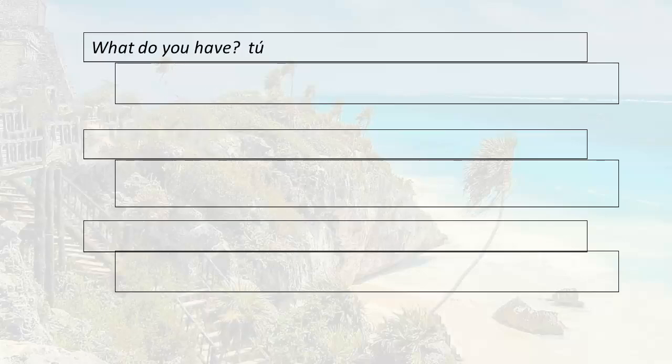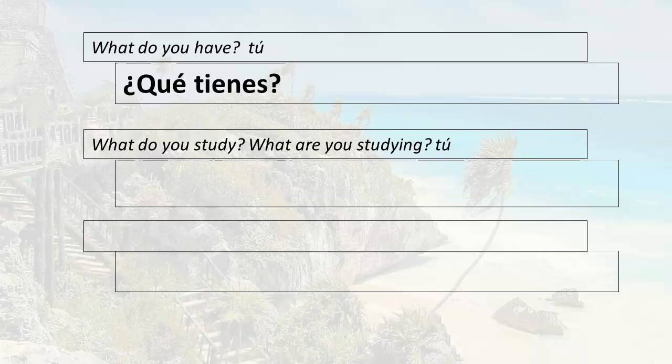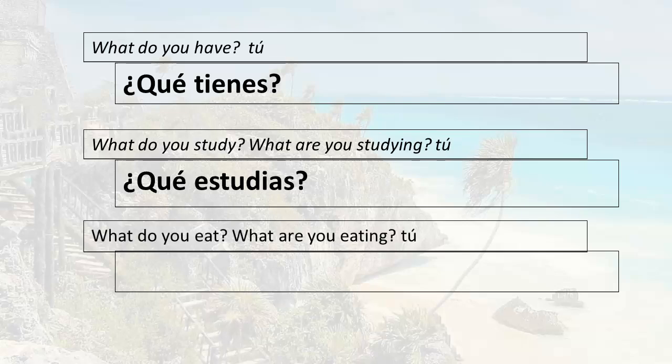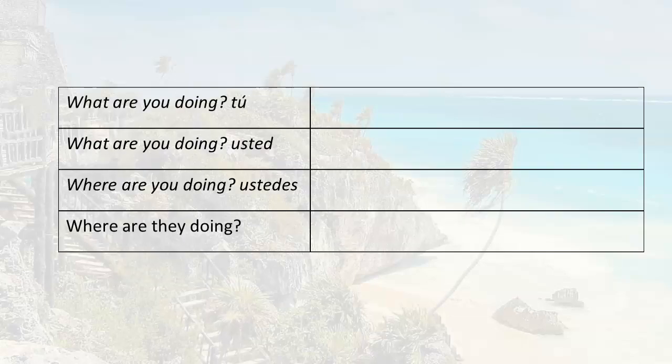Let's start with what. So in general, qué means what. So if you want to say something like, what do you have? ¿Qué tienes? What do you study, or what are you studying? ¿Qué estudias? What do you eat? What are you eating? ¿Qué comes? Now in this course we haven't formally studied the verb to do, which is hacer, but just pay